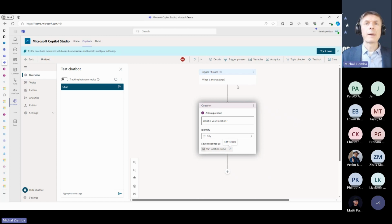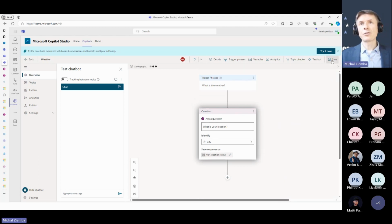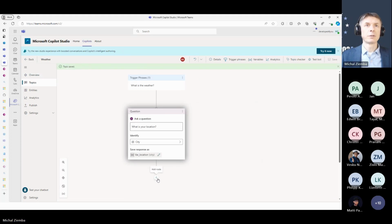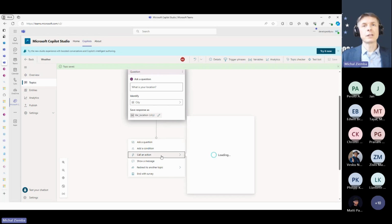And before I start playing with Power Automate, first of all, you need to, of course, rename your topic. So my topic will be the weather. You can save the topic. And then maybe we can hide this one. Yes, topic is saved. So we can put an action and call an action, and you can see,